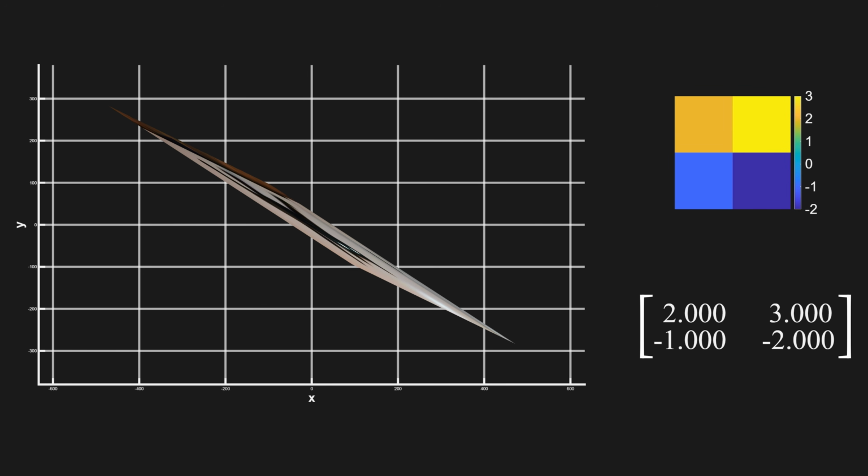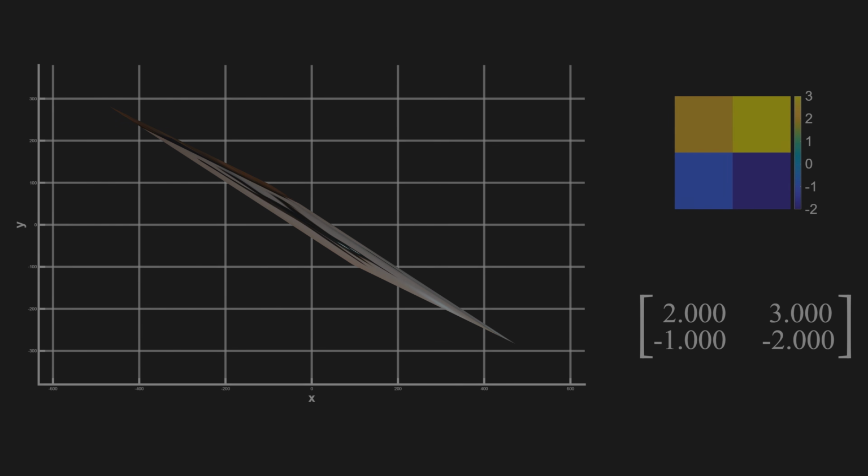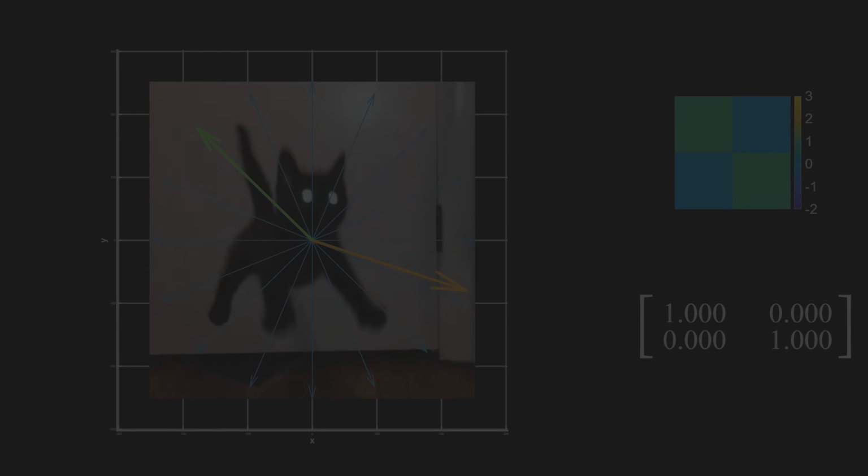Imagine that you have a piece of fabric and you draw a picture on it. You can think of it as a 2D space. If you stretch it, flip it, or rotate it, you're applying a transformation, just like a matrix does to vectors. So we can think of a matrix as acting on an entire vector space, transforming every vector in it according to certain rules. Let's see it visually.